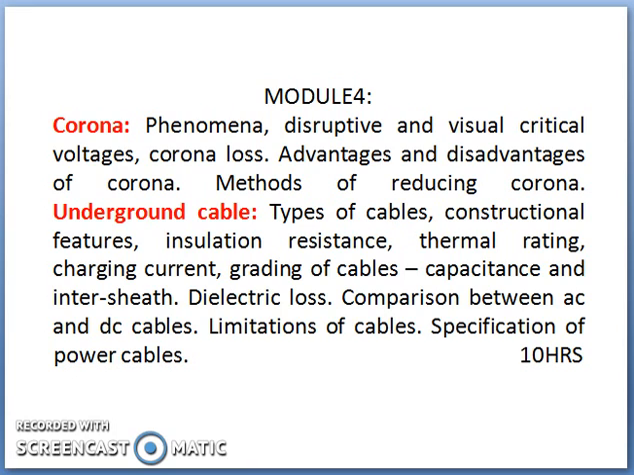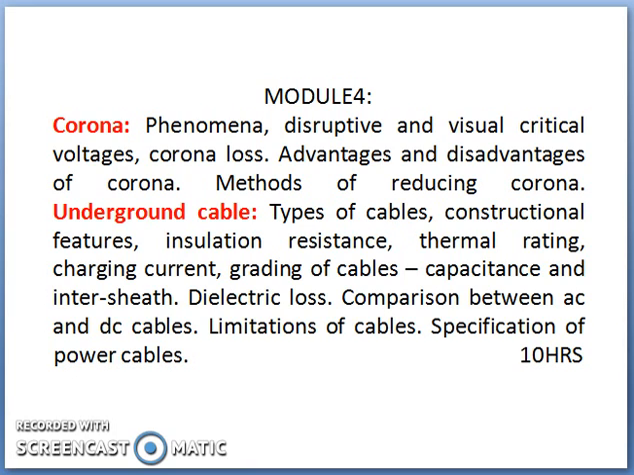In underground cables, we'll be studying about types of cables, different types of cables, where these cables are being used, why these are being used, the construction details of these underground cables, insulation resistance pertinent to the underground cable, thermal rating and charging current of the underground cable, grading of